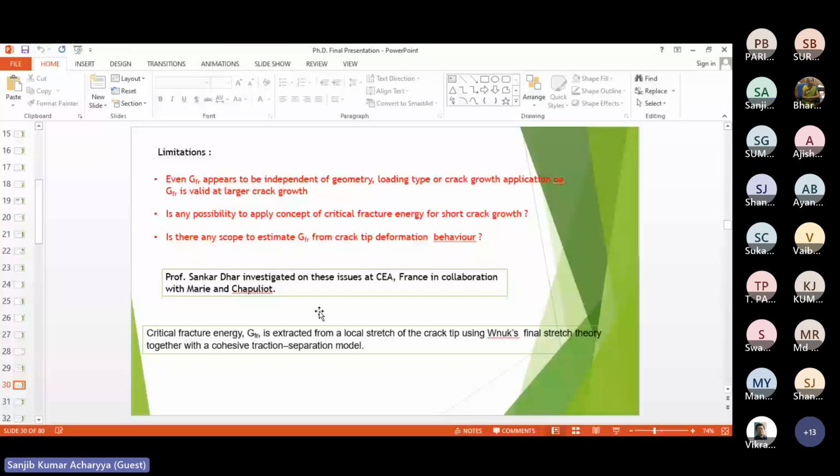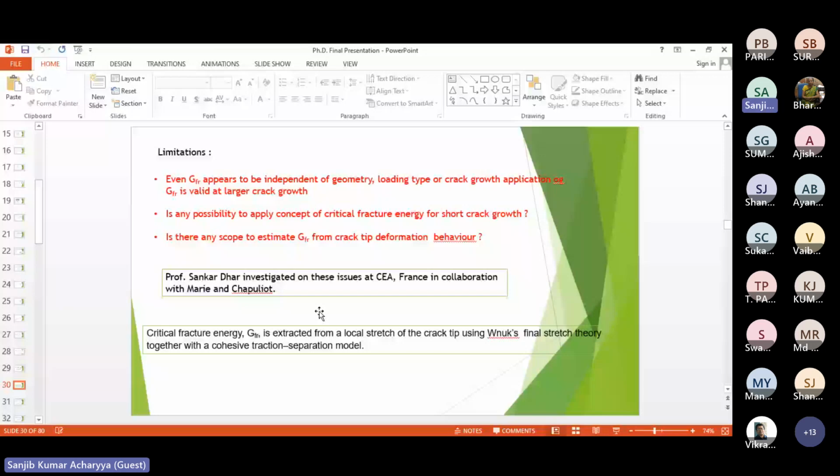Secondly, is there any relevance of GFR with the crack tip stretch or crack tip deformation? How is it related? With this issue, after this work, Professor Shankar investigated these issues at CEA, the lab in France, collaborating with Marie and Chapulier. In his work, the critical fracture energy GFR was extracted from a local stretch of the